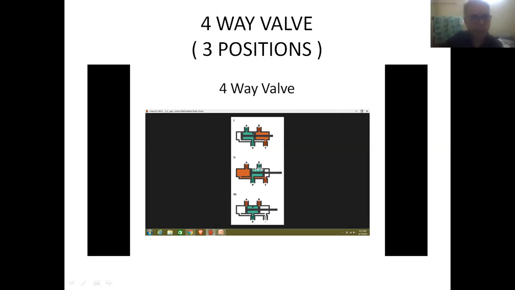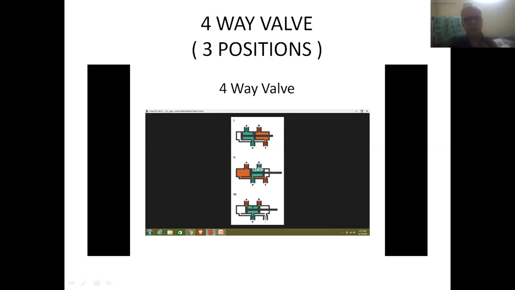So that's why the entering fluid is shown in blue color in the right hand side region, and the leaving fluid is shown in red color in the left hand side region. So friends, as a whole, this is about the construction and working of a four-way DC valve.